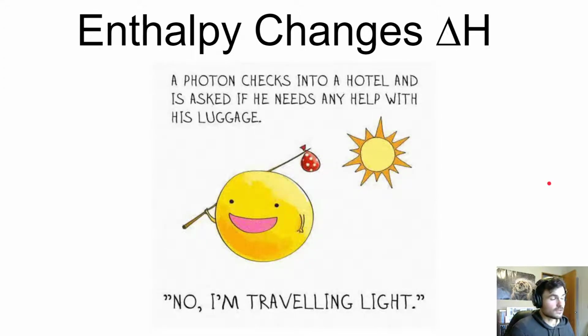Today we're going to be looking at enthalpy changes, and what this means. We've seen this before, ΔH. This is all about heat, how heat changes in a chemical reaction. To start off with,